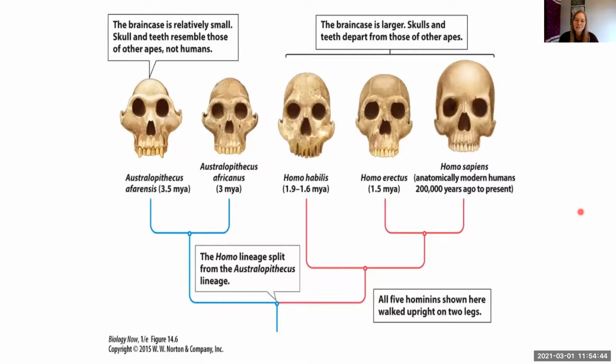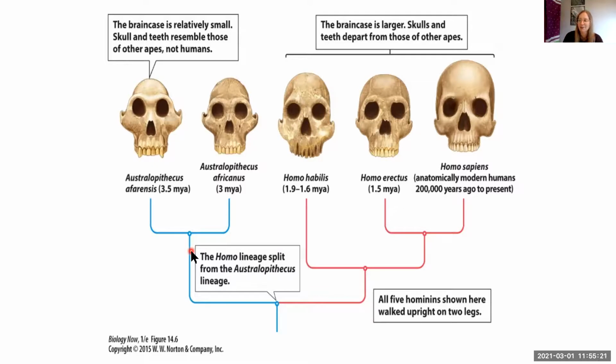Here's another phylogenetic tree because we want to practice our skills. In this phylogenetic tree, you can see Homo sapien on the far right, and then who is our sister group? It's Homo erectus. This is really cool because over on the other side, we have Australopithecus, so not the same genus. And what I really like about this tree is that all 5 of us are bipedal. Pretty exciting, but we're not all the same.